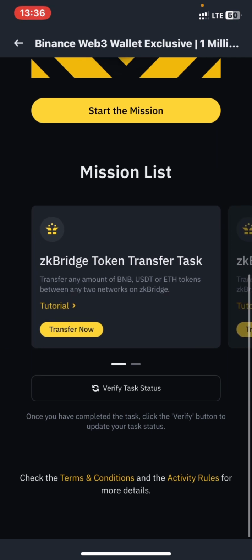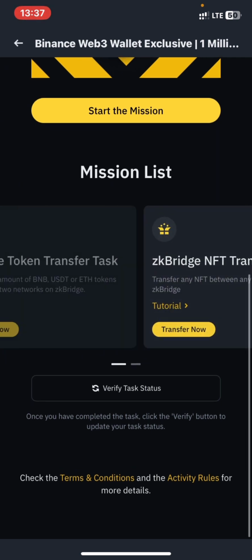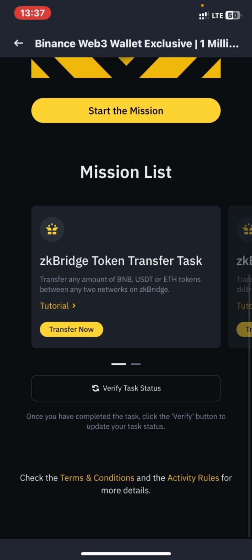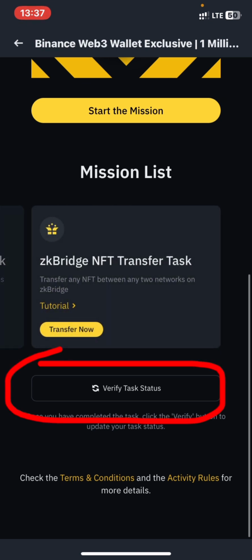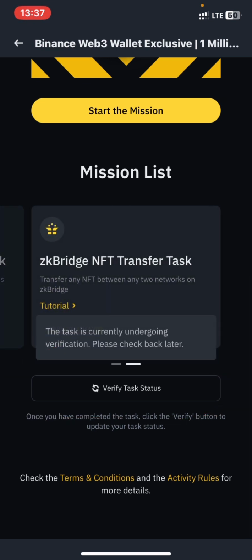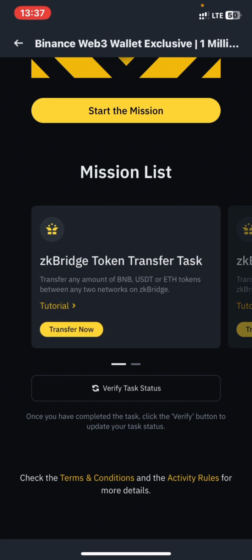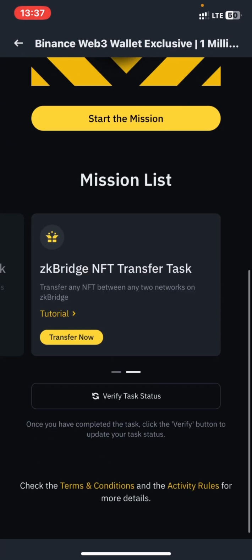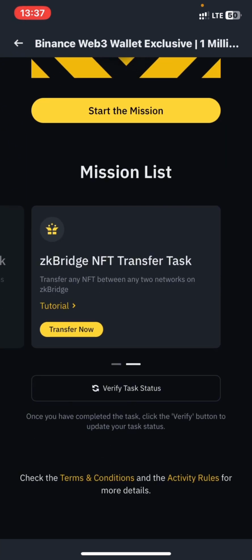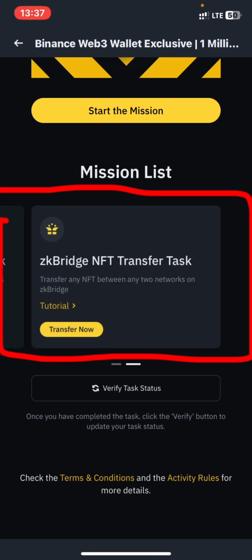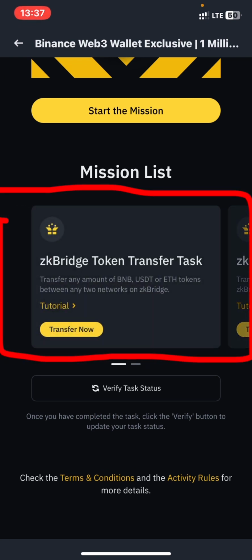After you do all these tasks, to verify your task status, maybe you have already passed this process, just press verify, and it's going to take maybe a few minutes for you to verify your task status. Once this has been marked that you have successfully participated in this mission,